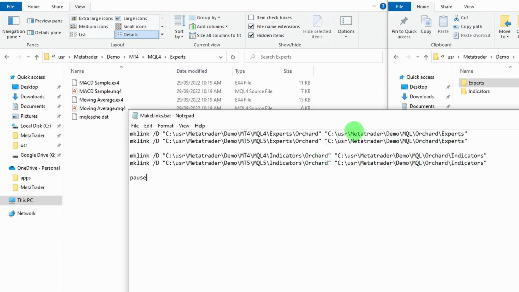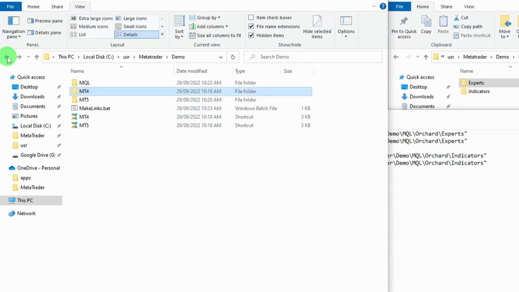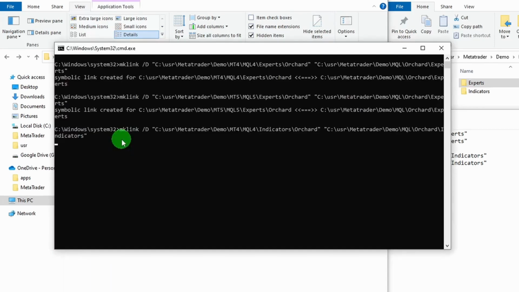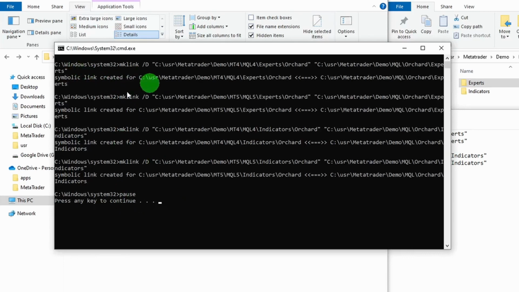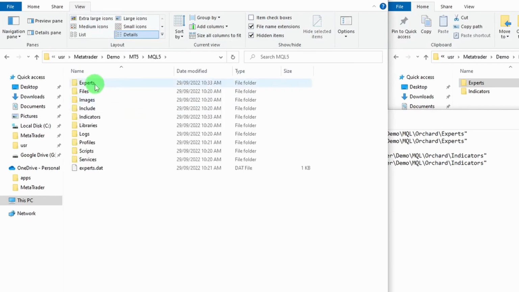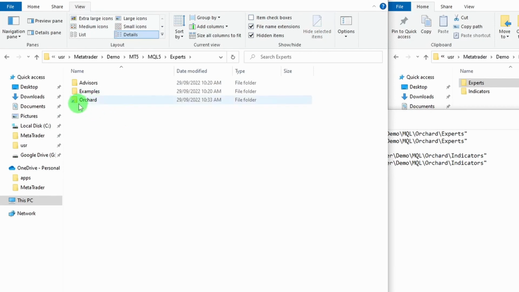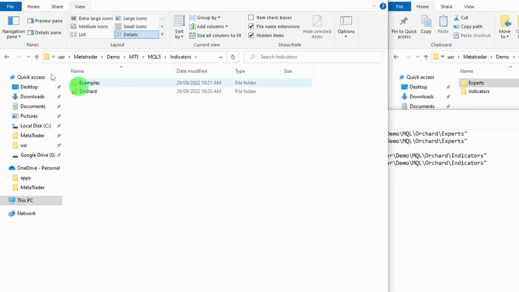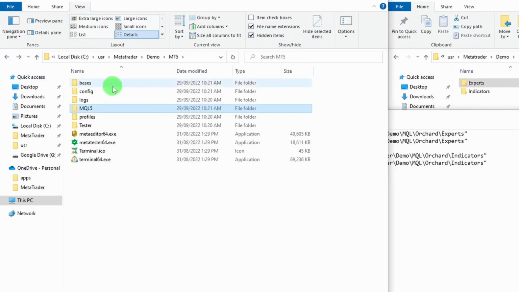Now if I just save that file, back over here I will go back up to my demo folder, and I have the makelinks.bat. Remember to run this as administrator. There we are at the pause, symbolic links created. I can close that now, and if I go into the MT5 folder, MQL5 experts, here I have Orchard, and I have this nice little icon showing me that this is a symbolic link. If I go to indicators, I also have that, and I have the same in Metatrader 4,